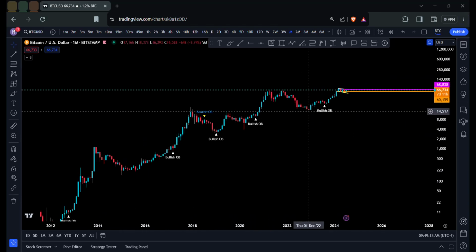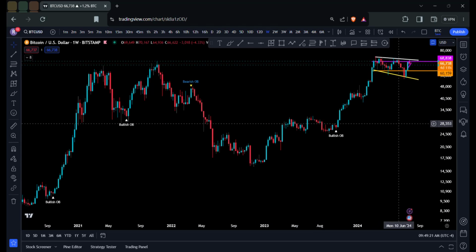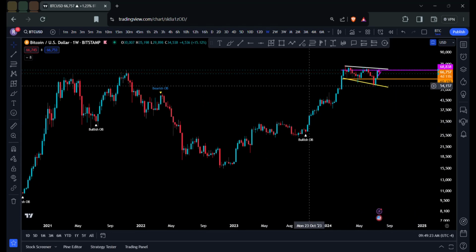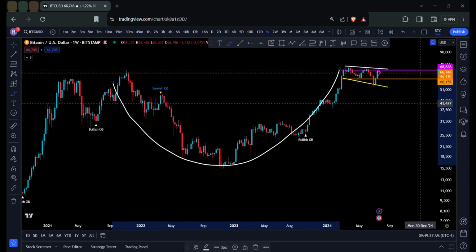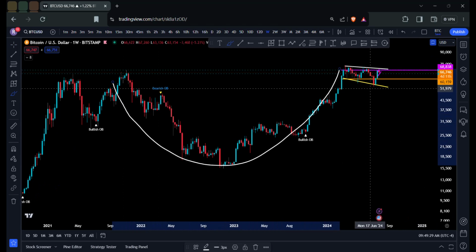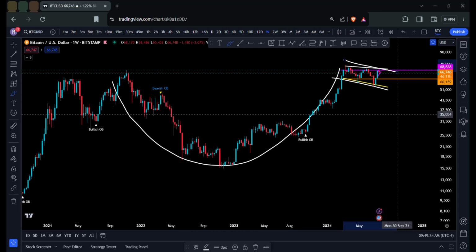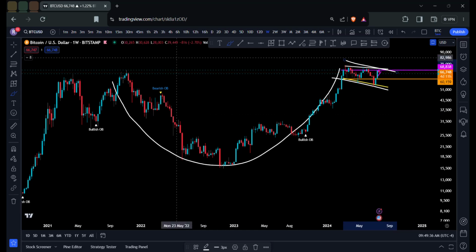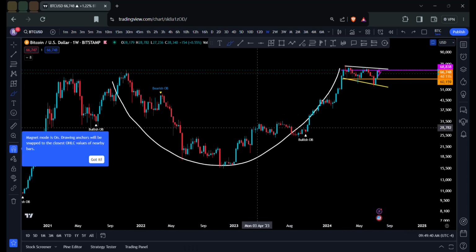Unfortunately, the best time possible was at 17.5, 15.5, 13.5. That's a little jab to everyone. And if you remember me saying that, put it in the comment section. Also, if you remember me saying that this rounding bottom will eventually end, the rounding bottom usually forms a cup and handle. The cup and handle is a bullish pattern, which usually breaks to the upside. So, with that being said,